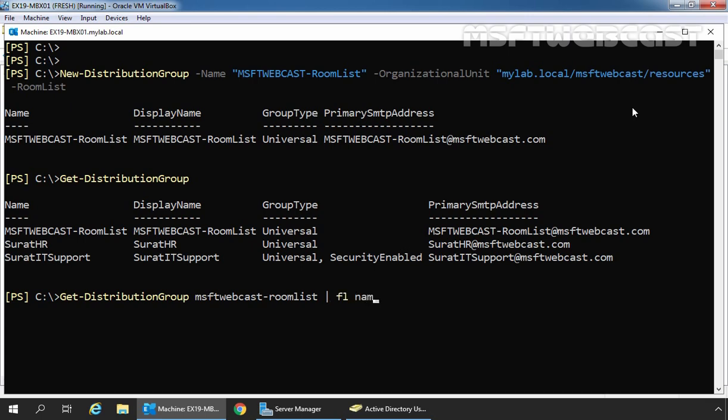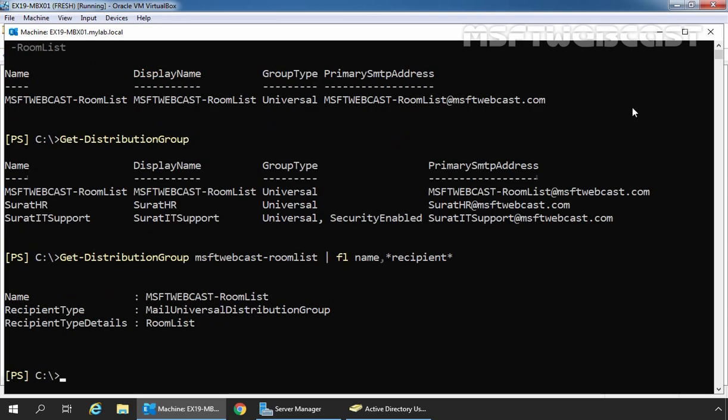We want Name and RecipientType. Okay, let's press the enter key. Perfect. Here you can see the name is there, MSFT Webcast-room list, and the recipient type is there, MailUniversalDistributionGroup. But the most important is RecipientTypeDetails, which is telling us that it is a room list.